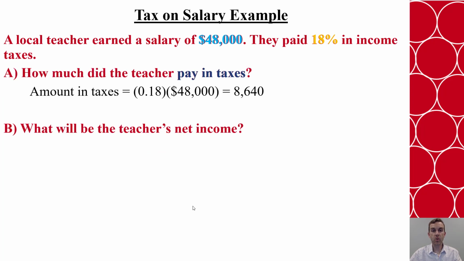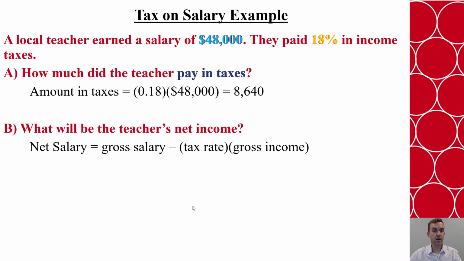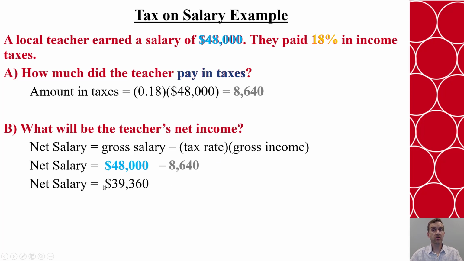Now maybe you want to know, what's their net salary? That's our other question we can ask. If we want to know that net income they made, we'd take the gross salary and then subtract our tax rate times the gross income. Well, the gross salary we found already, and this tax rate times gross income is what they paid in taxes. That's what we just found here, so we can just take this amount and subtract it. So in the end, they would have made $39,360